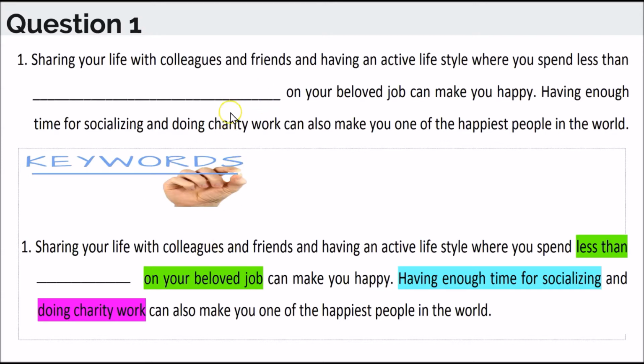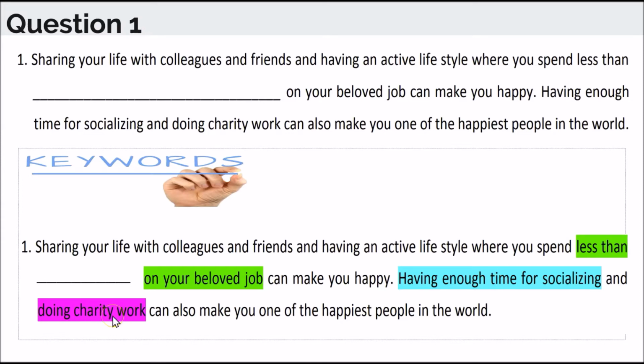As you noticed, we need something here. It can be a compound noun, it can be a noun, or any kind of part of speech. Let's have a look at the other keywords that we might need to identify the exact place, exact location in the reading text. So as you can see, some words are color-coded for you to help you find the information in the reading text. Less than something on your beloved job can make you happy, and having enough time for socializing and doing